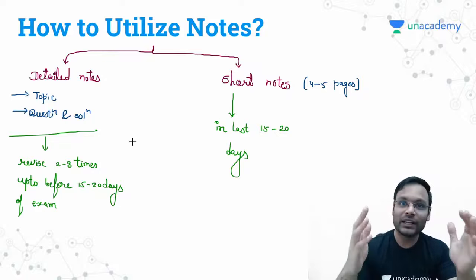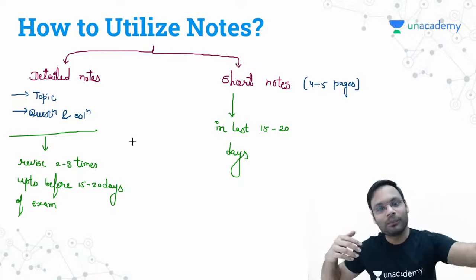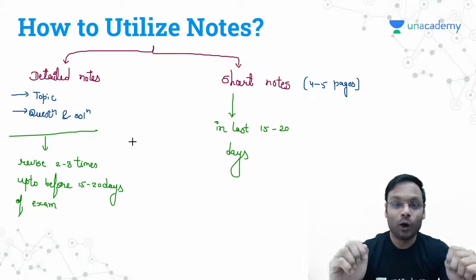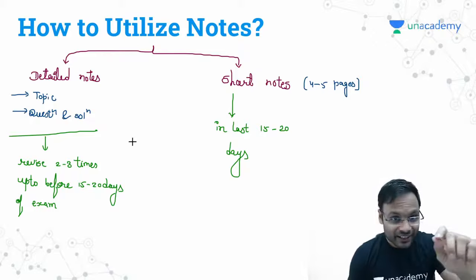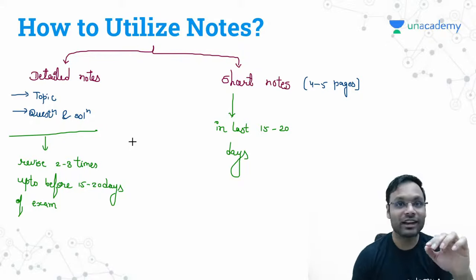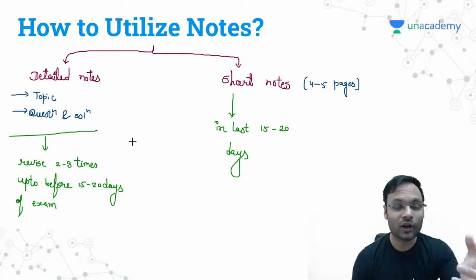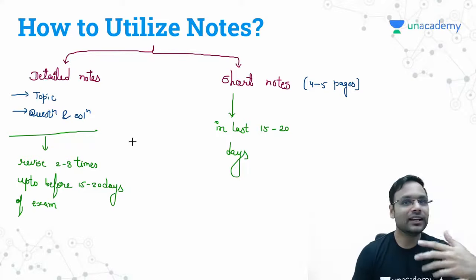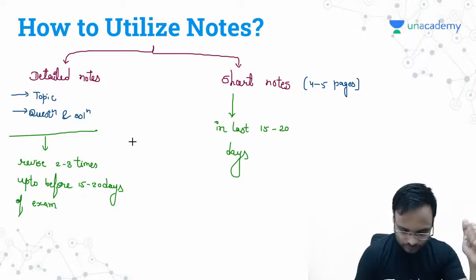See, it's very simple. In your childhood, when you had long answers of history, how did you remember those answers? By writing them multiple times. Even I still do the same thing. When I have to remember something, I write it or type it, so that I can remember it for a longer time. And you can also use the same thing, right? So that you can remember those things for a longer time.